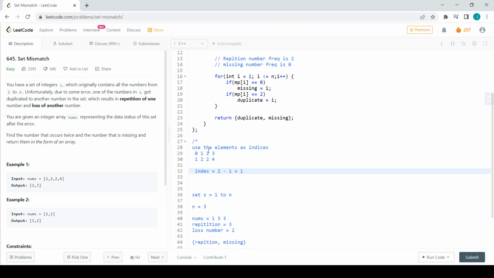So 1 is the index that is accessed 2 times. The particular element which is accessed 2 times is nothing but 2, which is the index 1. And we can find the missing number if that particular index is not accessed at all, because if the number is missing, we won't be accessing that particular index at all. The missing number is 3,